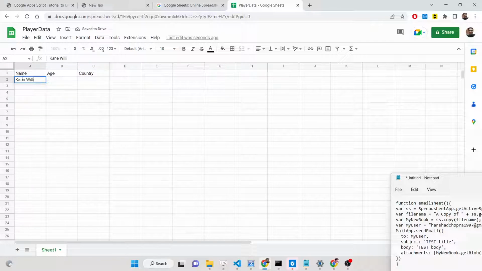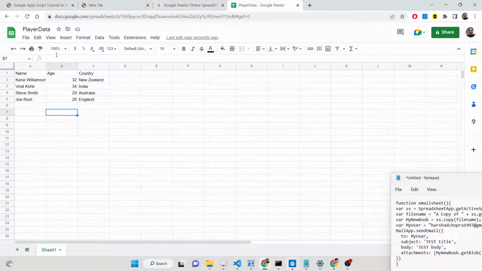Totally depends upon you. Let me insert the details out there. You can have your data coming from a database or anything else, API, totally depends upon you. Let me just add this here. So we have 4 columns out there, guys, which we will be emailing here. So now, guys, you can see that we have 4 rows out there, and now we have to have a